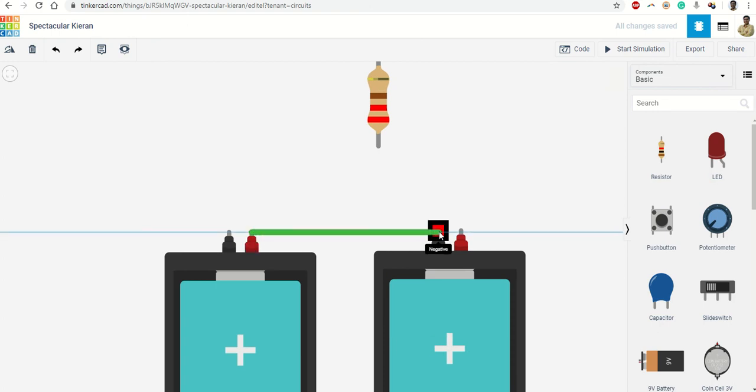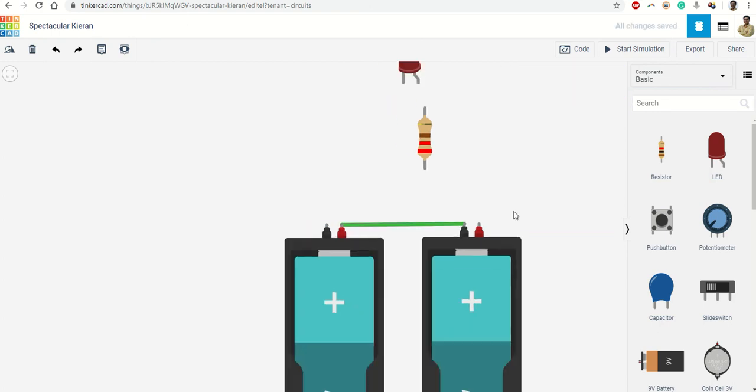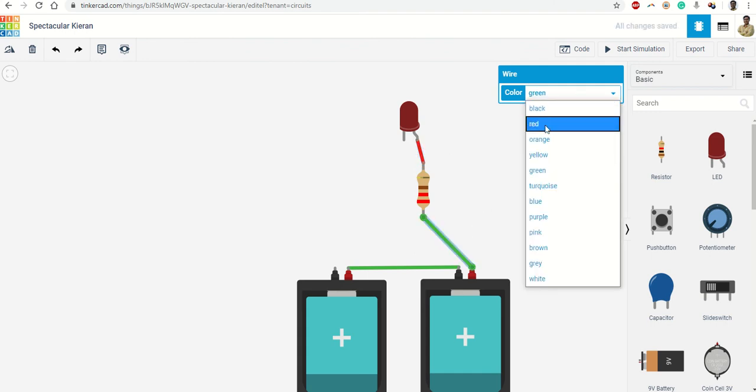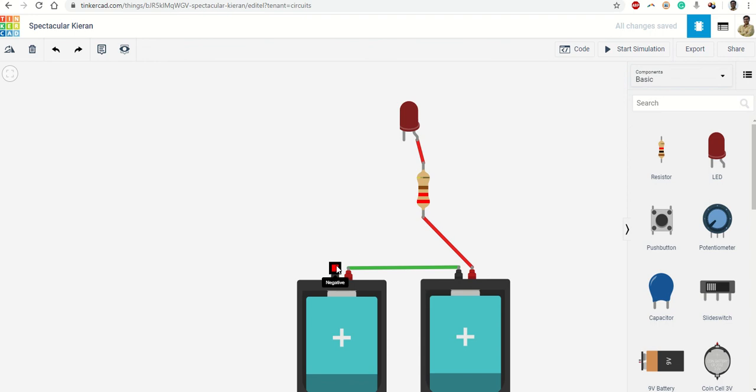Positive of battery to the negative of other battery to make a series connection. Then the positive of battery will go to the anode of LED through a resistor, and we can keep these both wires as red to show the power supply and negative to cathode with a black color wire.